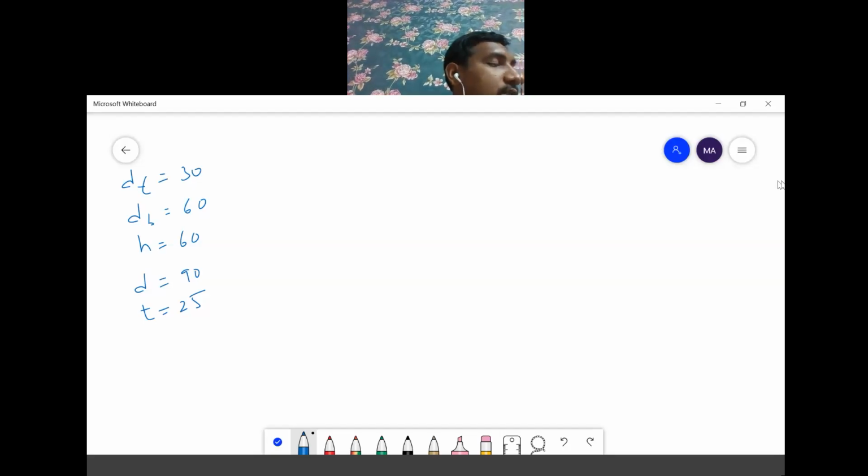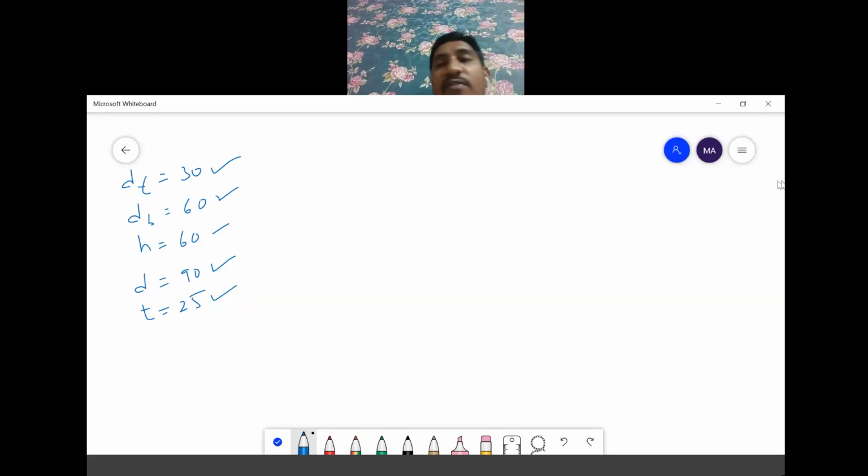He is saying that a frustum of a cone, 30 mm top diameter, 60 mm bottom diameter and 60 mm long, is placed vertically on a cylindrical block of 90 mm diameter and 25 mm thick, such that both the solids have a common axis. Draw the isometric view of the combination of solids.